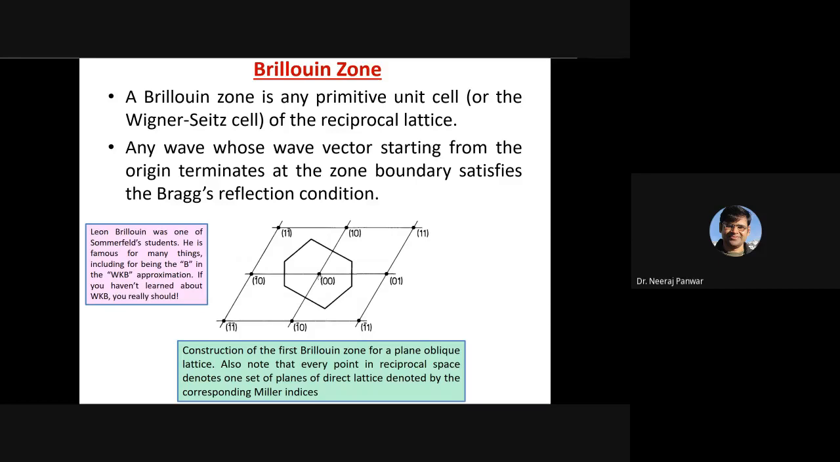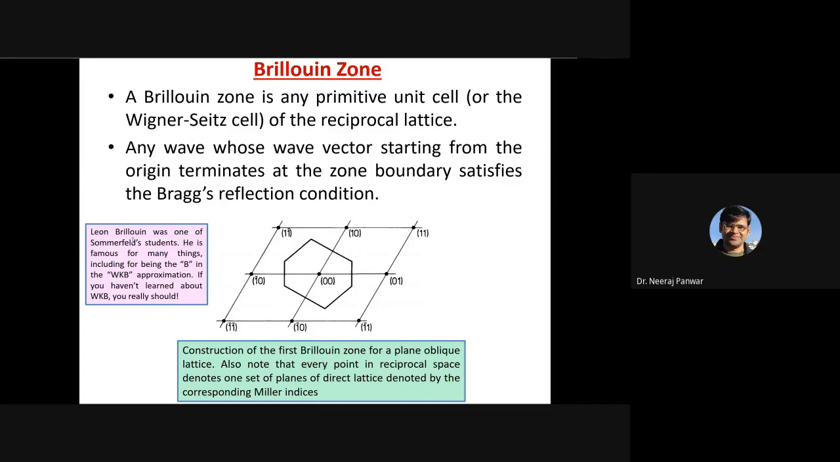Similarly, if from this origin we connect the next nearest neighbors like this, these points are the second nearest neighbors, and if we draw their perpendicular bisectors, then whatever region we get, that region would be called the second Brillouin zone, and so on and so forth. So this is known as the Brillouin zone, after the scientist Leon Brillouin, and he was also one